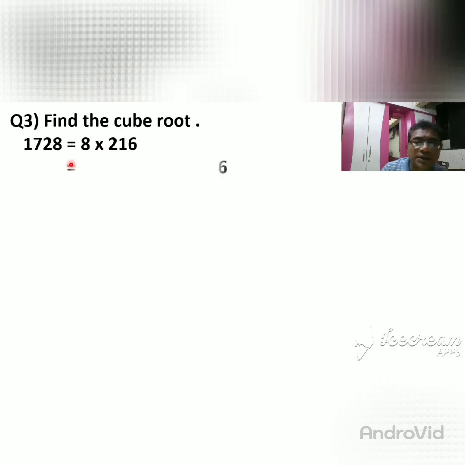This 8 can be factorized first. So how can you factorize 8? 2 2s are 4, 4 2s are 8. So you get 8 here. That 8 is factorized with the help of 2. 2 2s are 4, 4 2s are 8. It means 8 can be factorized as 2 into 2 into 2. How many times? 3 times.